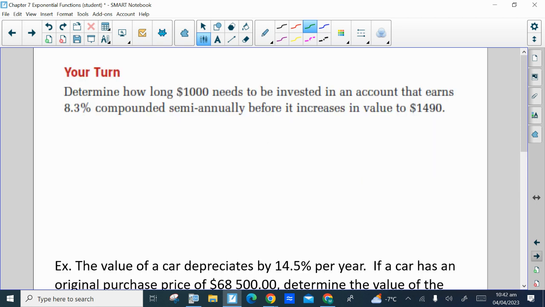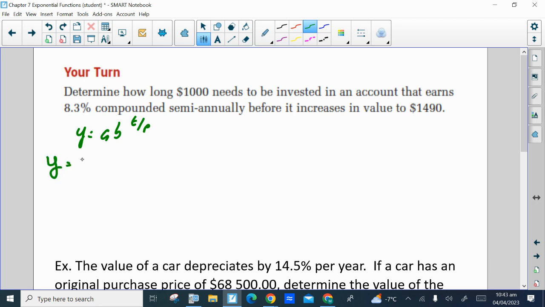So on the next page, determine how long $1,000 needs to be invested in an account that earns 8.3%, and the interest rate is always annually. But this time it's compounded semi-annually before it increases to a value of 1490. So again, using the formula that's on the formula sheet,